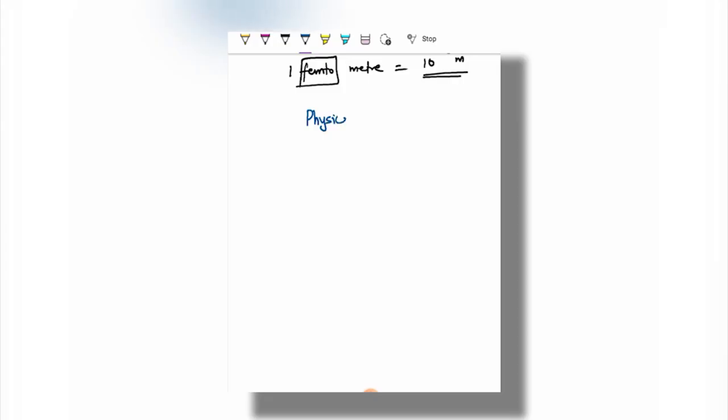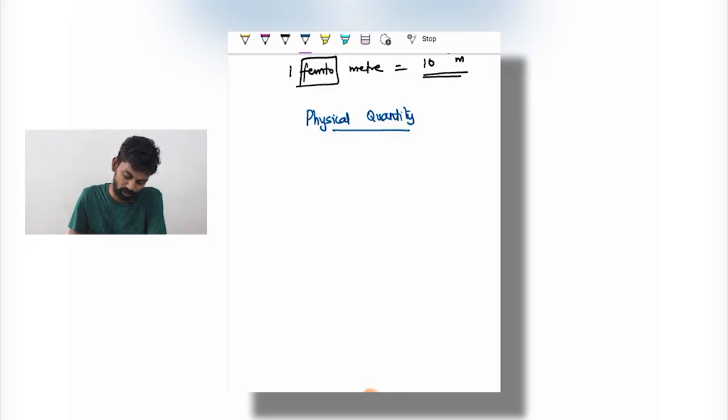Next, physical quantities. In our introduction, we have been talking about the feeling of temperature and a measurable quantity called temperature. So there are two different things. One is a feel. The way you touch and tell something, it's a feel. It is not a measurement. So physical quantities are the quantities which can be measurable. So anything measurable, when you are measuring, has to be expressed in terms of some standards called units.